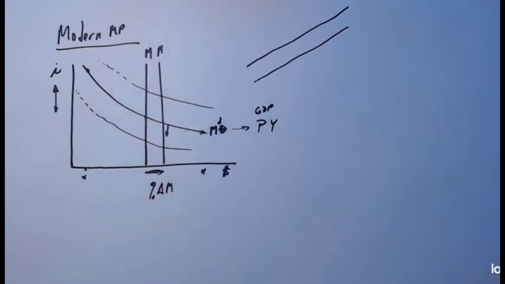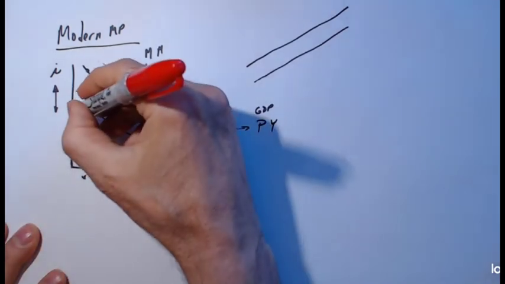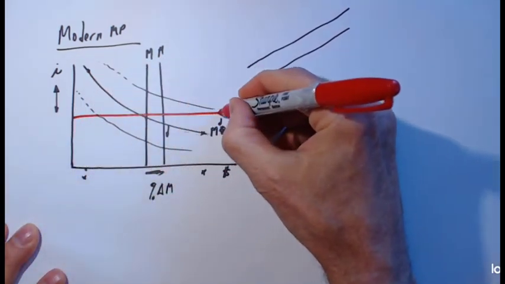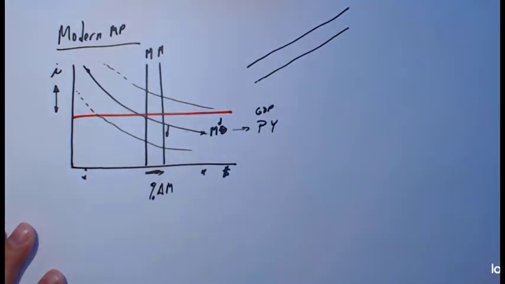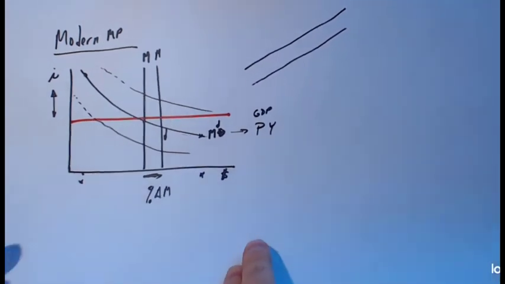Or the flip side, let me get my red marker here, is what if we were to instead focus on keeping a nice stable interest rate? What would be better? A stable interest rate or a stable growth rate in the money supply? We have an answer to that. We actually covered an answer to this issue.